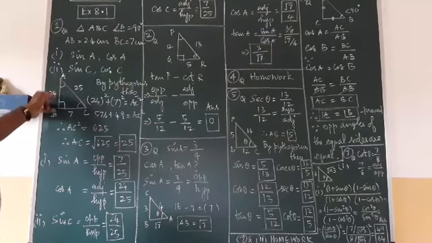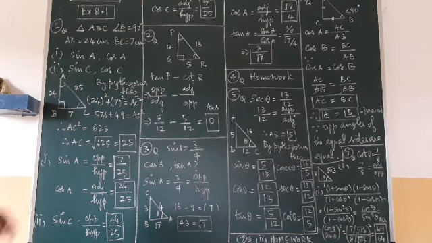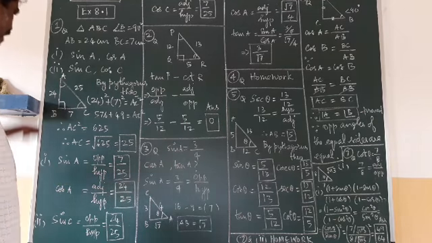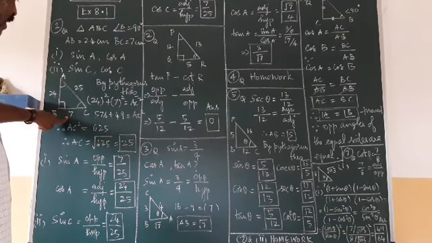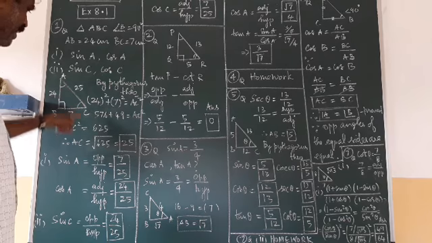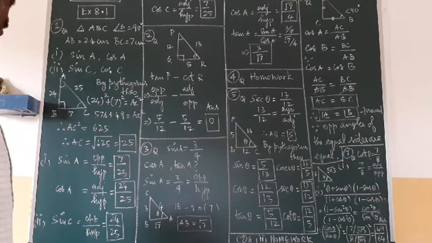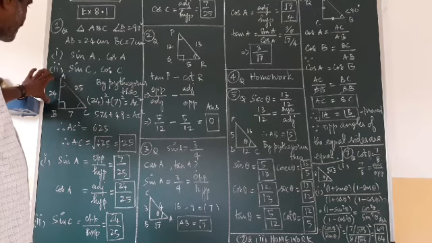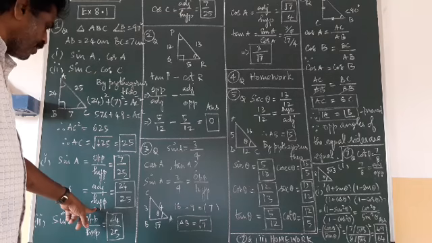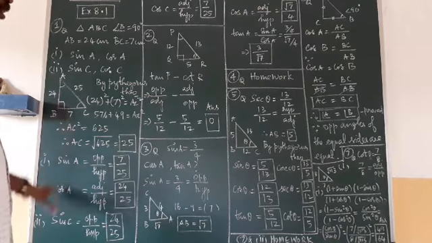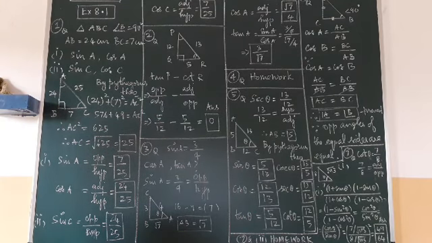So all three sides we know. AB is 24, BC is 7 and AC is 25. Now what are they asking? What is sin A and cos A? Sin A ratio is opposite upon hypotenuse. Our angle is A. From this angle, opposite is 7, hypotenuse is 25. So sin A is 7 upon 25. Cos A is adjacent upon hypotenuse, so cos A equals 24 upon 25. From the figure you have to write this answer after finding the unknown side.